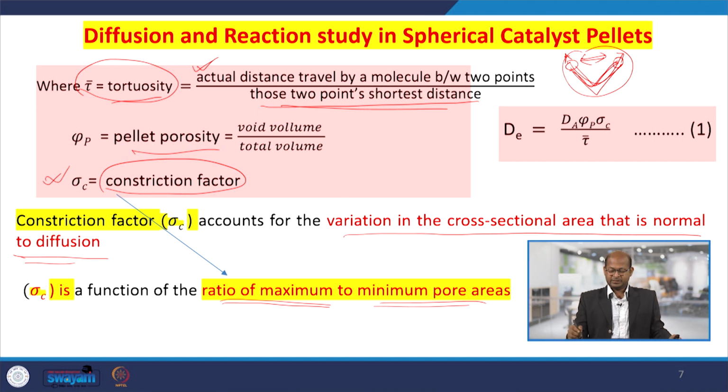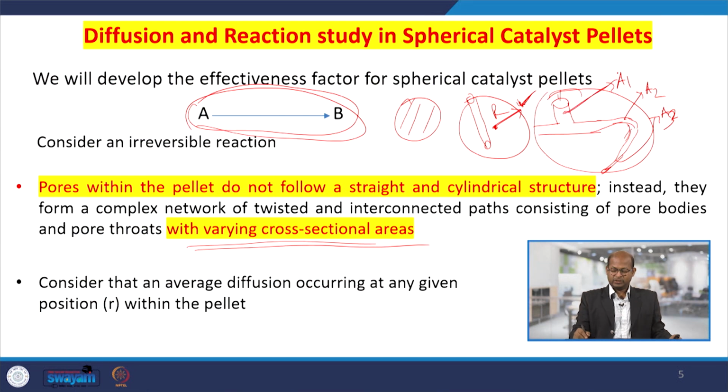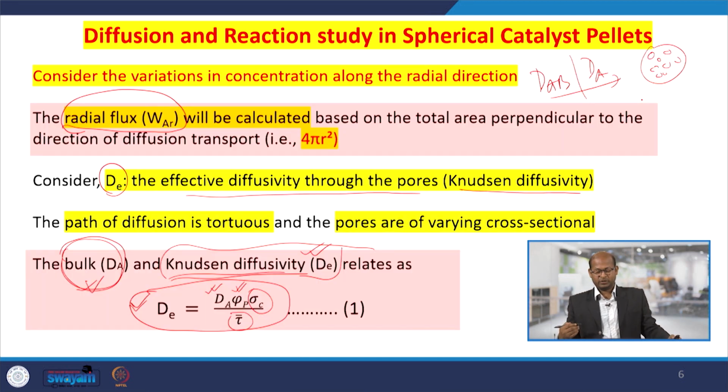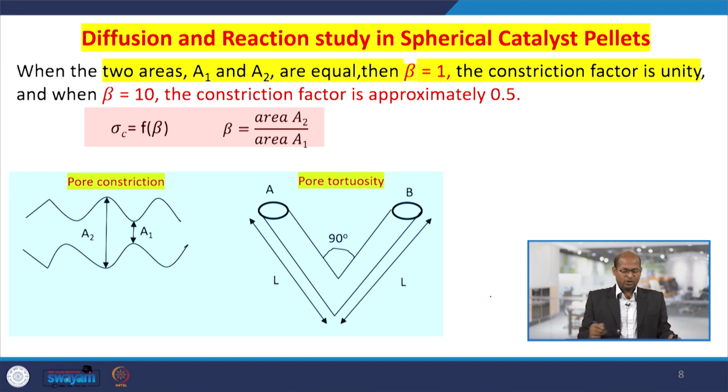So, here I said inside of that pore, at different locations, the pore area is, let us say, A 1, this is A 2, here it is A 3. So, pore areas are different at different locations. So, the constriction factor is actually the ratio of the maximum to the minimum pore area, or you can say